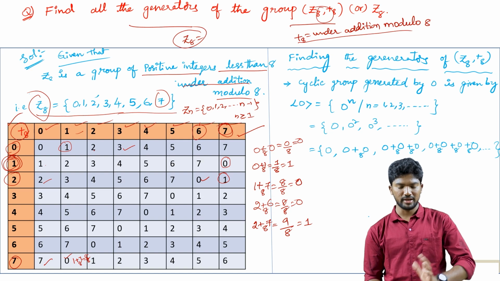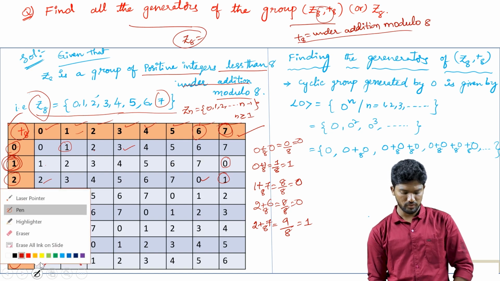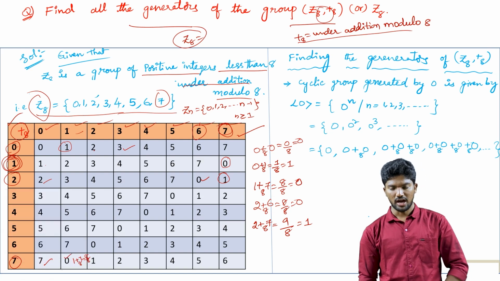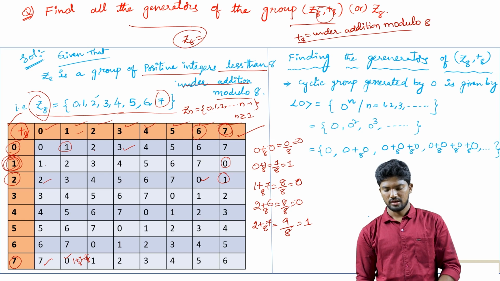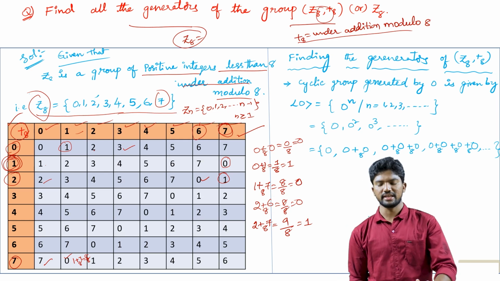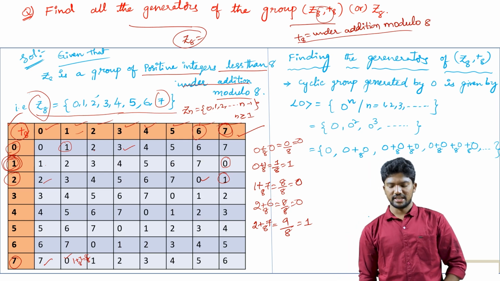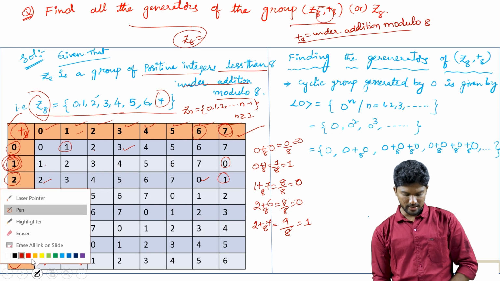7 plus 2 is 9, 9 mod 8 is 1. In this format we have to fill up this table. After filling up this table, now we are going to find the generators of Z suffix 8. Now you can see here